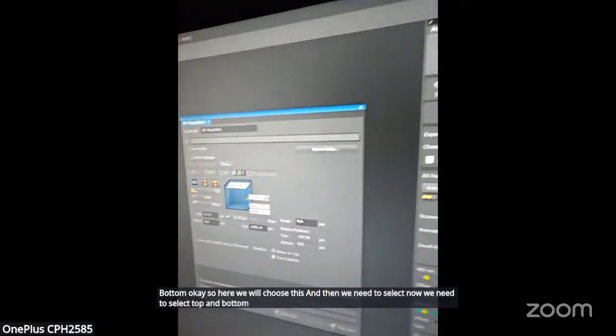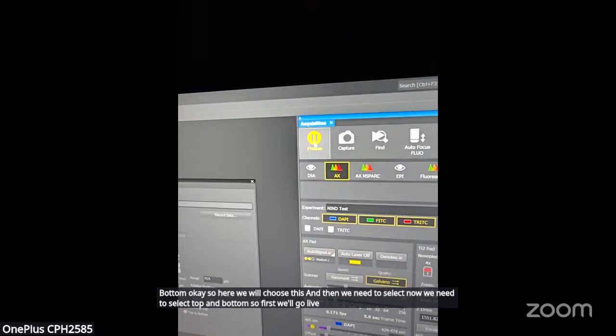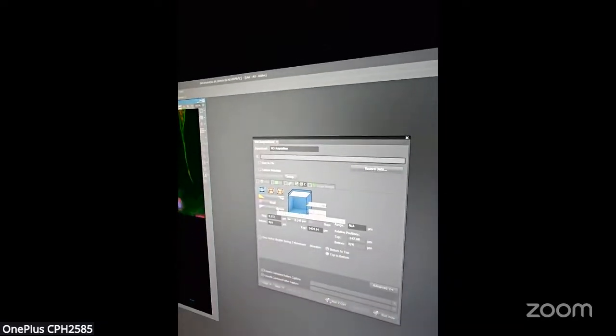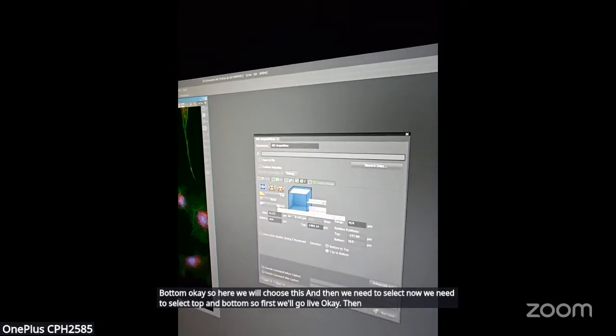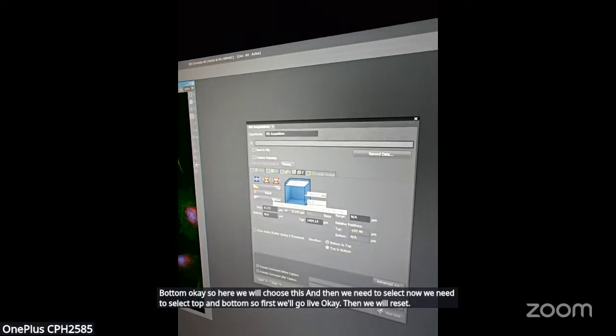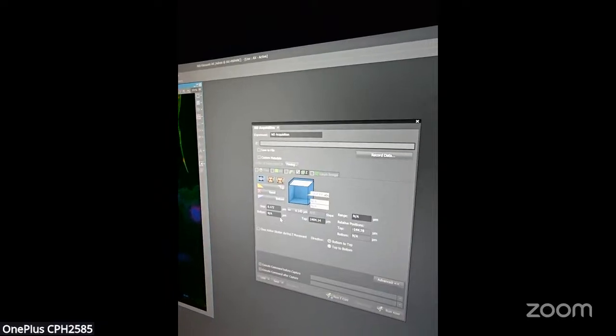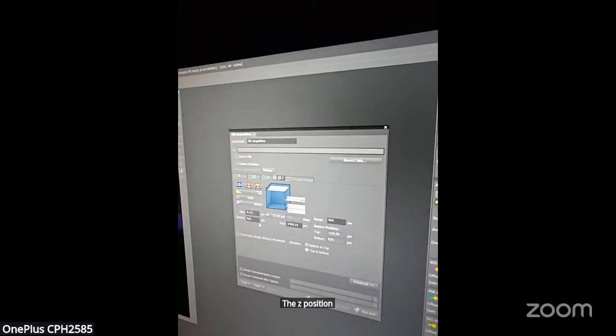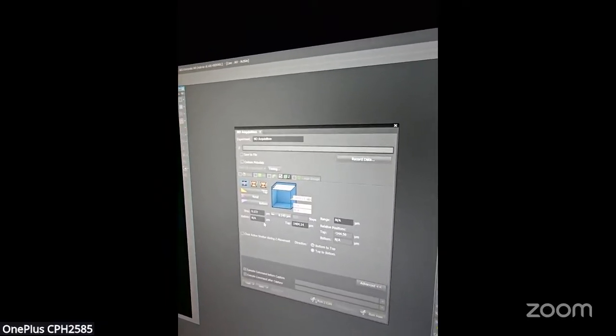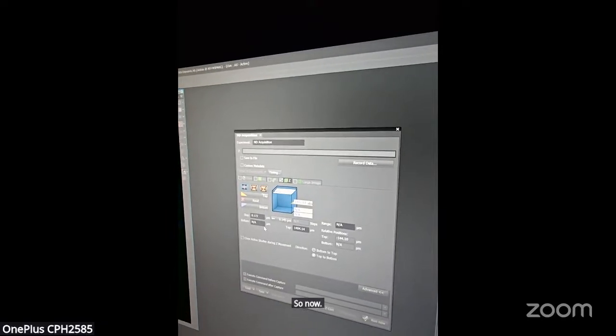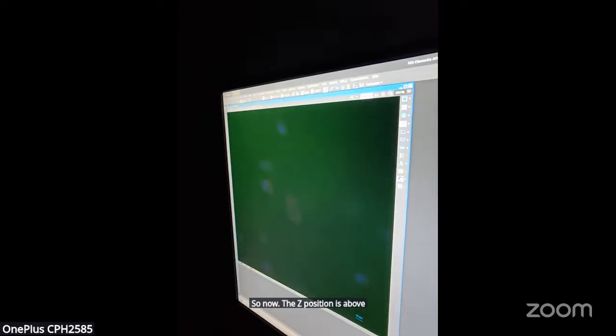So first we'll go live. Then we will reset the Z position. Now the Z position is above your main sample position.